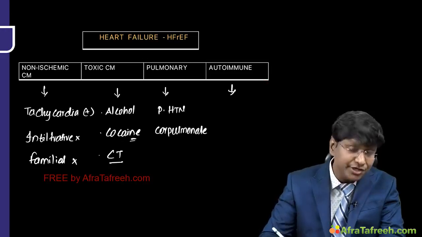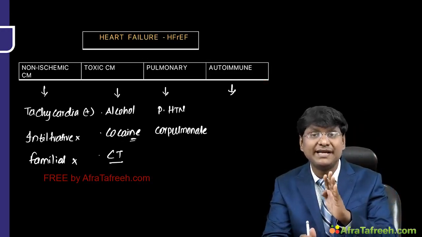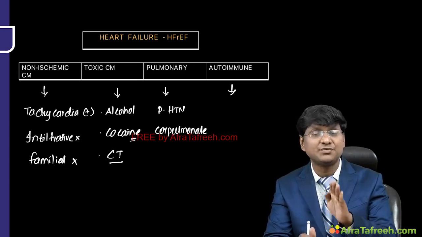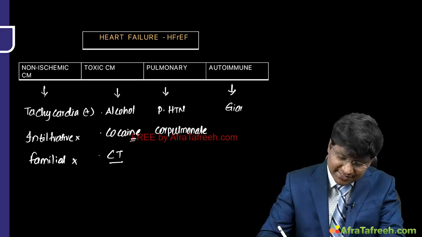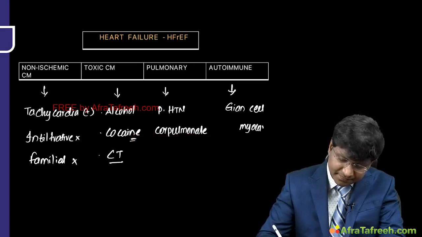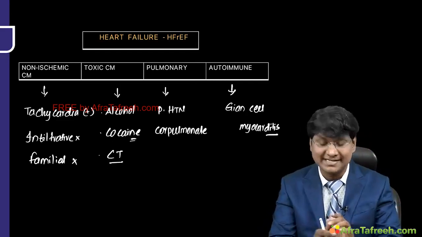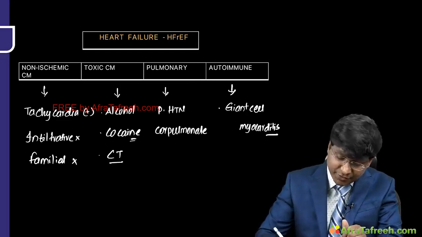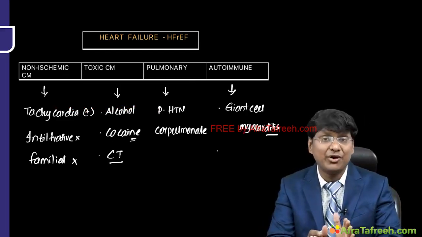And what are the autoimmune disorders? Autoimmune disorders include pathologies mainly in elderly individuals more than 50 years, which will cause large vessel vasculitis, that includes giant cell myocarditis, right? Giant cell myocarditis. Then take patients with SLE, where the antibody is